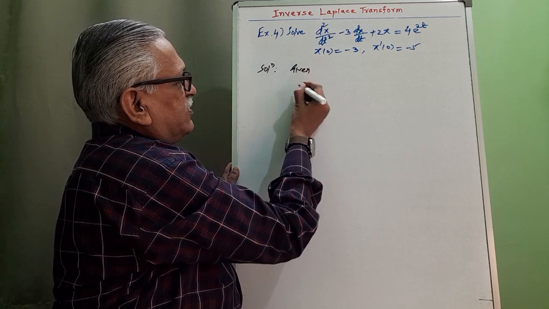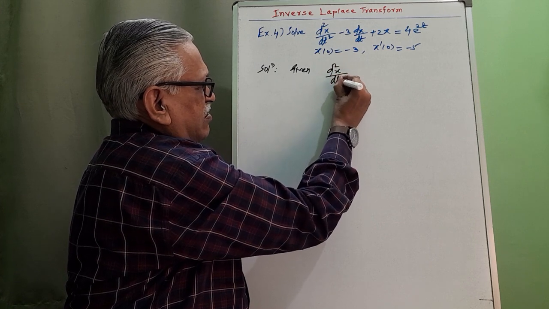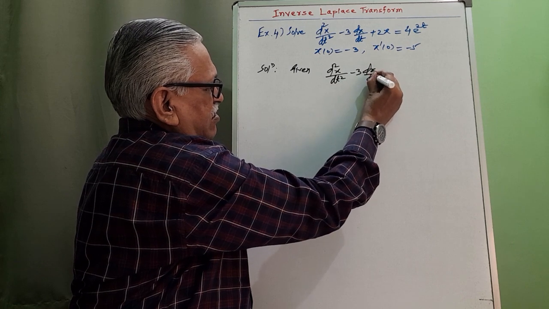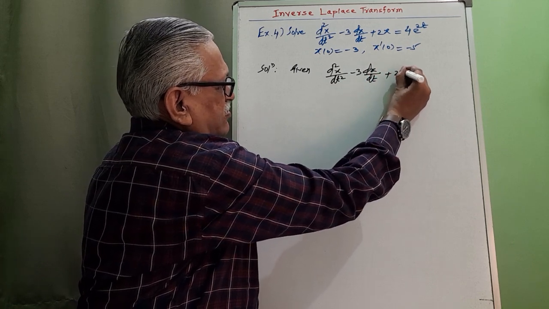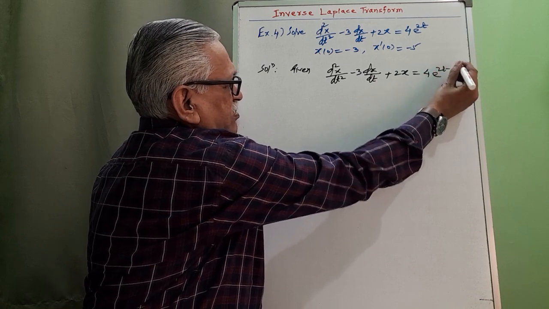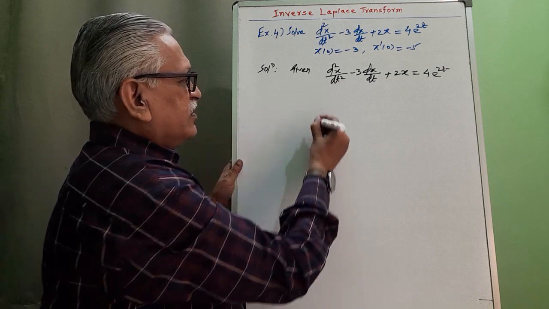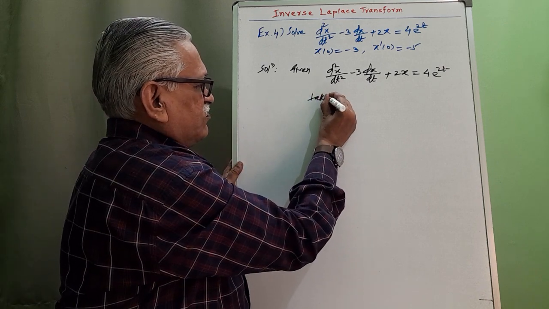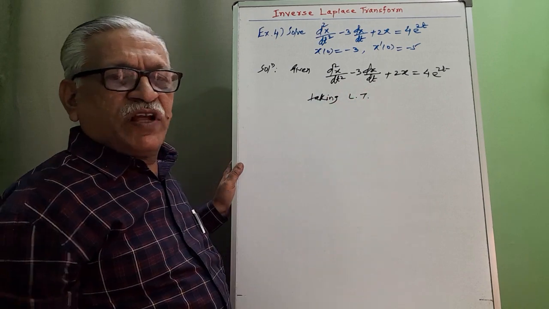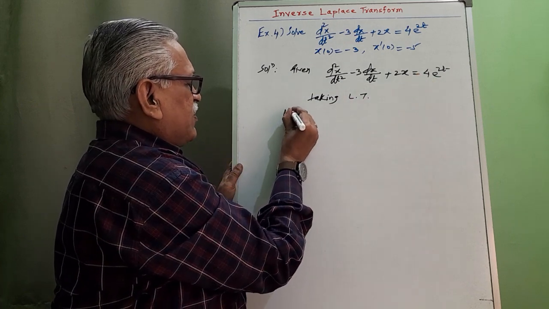second order differential equation, d2x by dt square minus 3 dx by dt plus 2x is equal to 4 e raised to 2t. First step is taking Laplace on both sides. Taking Laplace transform on both sides, and therefore individual Laplace of the left hand side, Laplace transform of d2x by dt square